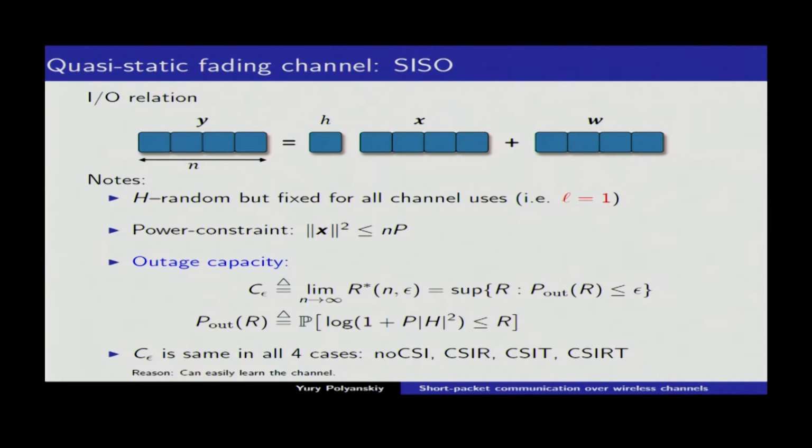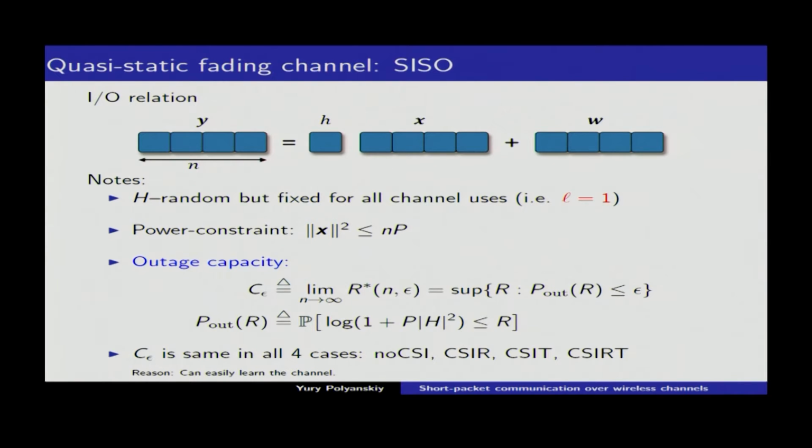So let me talk first about this regime of quasistatic fading. The simplest case is when the number of diversity branches is 1. The game here is the following: nature generates one channel gain, and this channel gain stays frozen forever. For simplicity, let's consider single antennas. The outage capacity is very easy to compute, some standard expression.